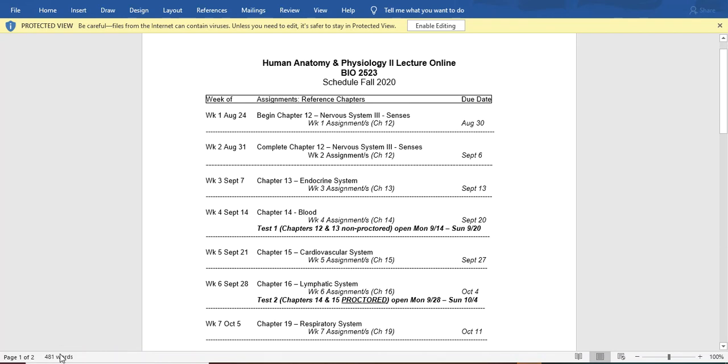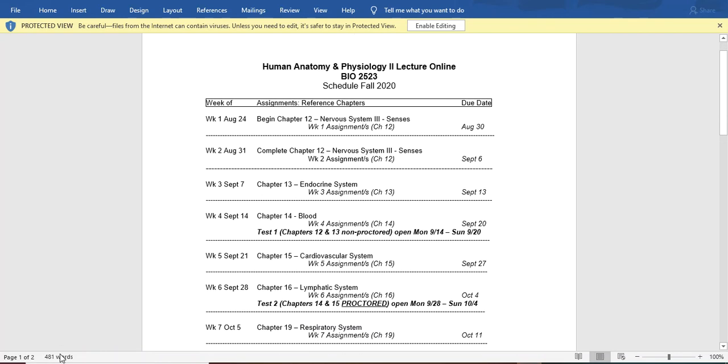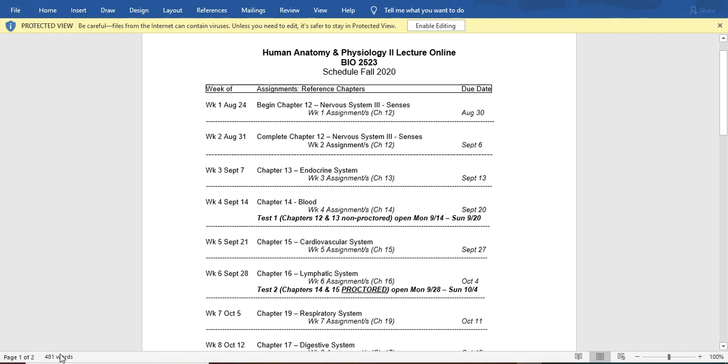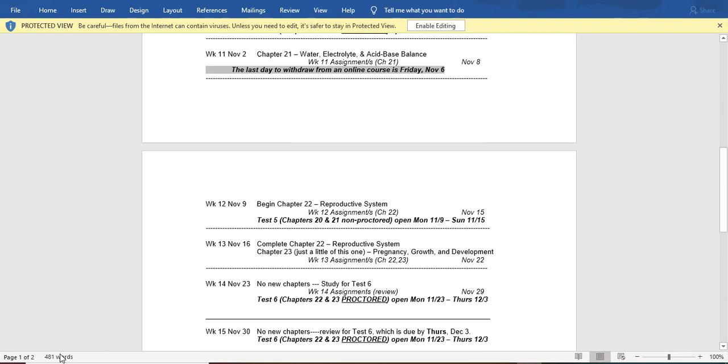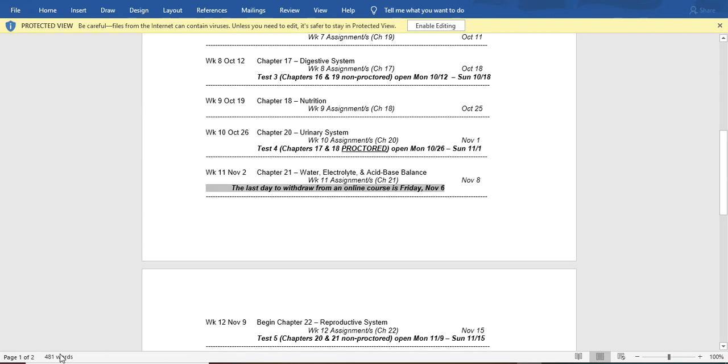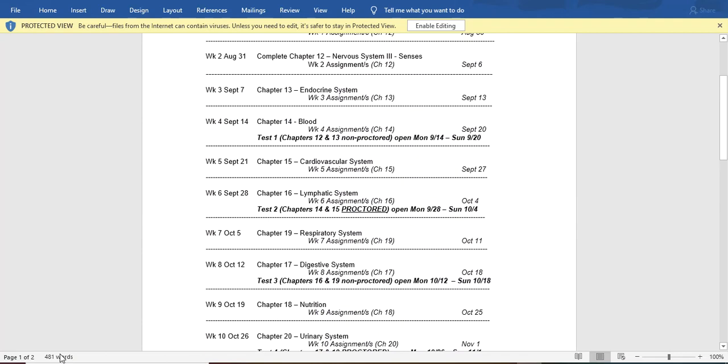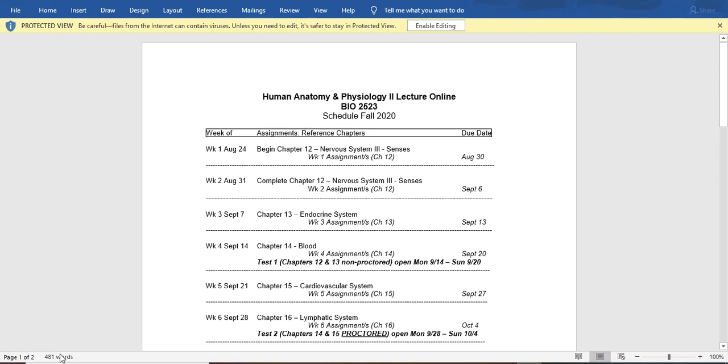You can see on this document, I've got it set up in weeks. Now, this particular one is for my full semester, so you'll see the whole 15 weeks. Those of you who are in my 8-week class, you'll see the 8 weeks. And this is just a quick little snapshot that tells you which chapter or chapters. If you're in the 8-week class, we usually cover 2 chapters many weeks. But it tells you which chapters we'll be covering each week and when those weekly assignments are going to be